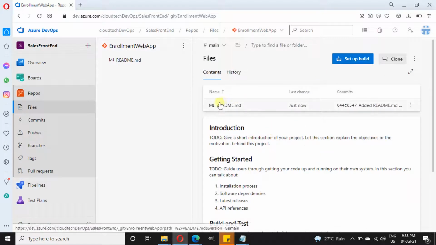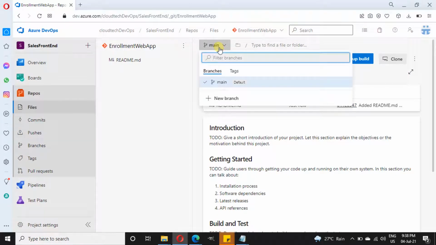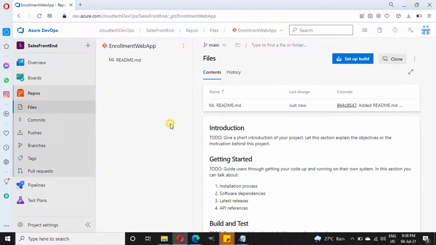So this will provide a description of your project, so you will see when it was created. So all these details will be available here. In case if you wish to create a new branch, you can create from here, and it should be noted that previously the default branch will be master, but now DevOps have dropped the word called master and now we are using only main as a default branch. In case if you wish to keep master as your default branch for your organization, you can still do it. There is a separate documentation for it, you can refer them.